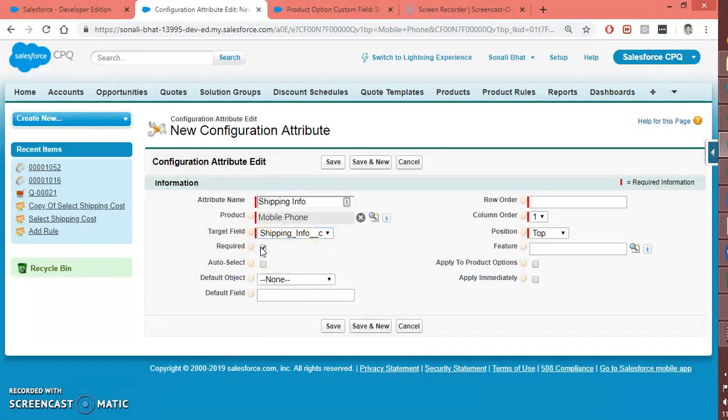I need to make it mandatory to select that configuration attribute. Now let's keep the row order 1 and column order 1. I will show you once it gets placed on the quote line editor how this configuration affects the actual placement of the configuration attribute. Again here we have options to select the feature where you can place it within the feature,